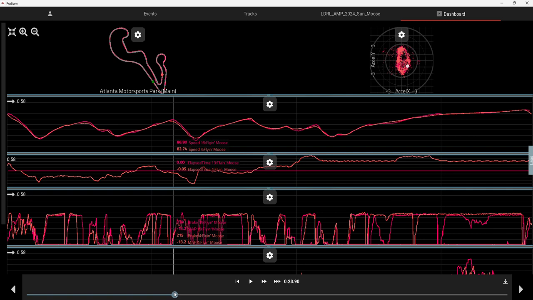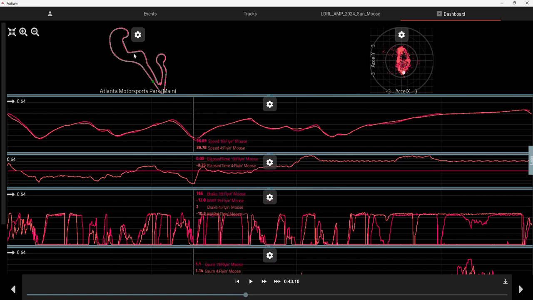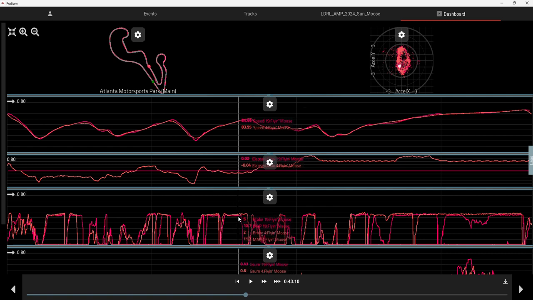I would have really thought that he beats me going down in here into turn 6, but I apparently catch up a lot of time going into 6. But he comes out of 6 better than me. So it comes back up again, and then coming out of 6, going down into, I guess that would be turn 10. I think this is 10 and this is 11. I have to look at the track map, but I kind of gained some ground on him again, and then he carries much more speed into turn 10 than I do.